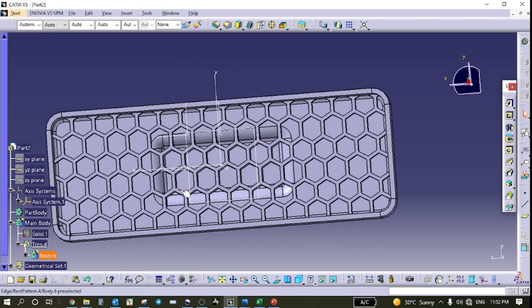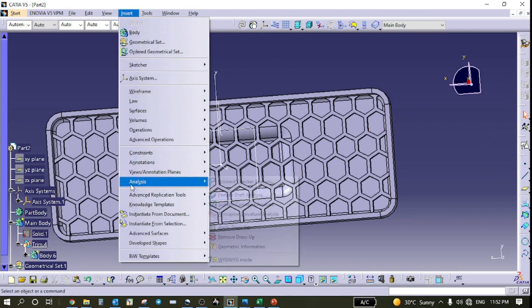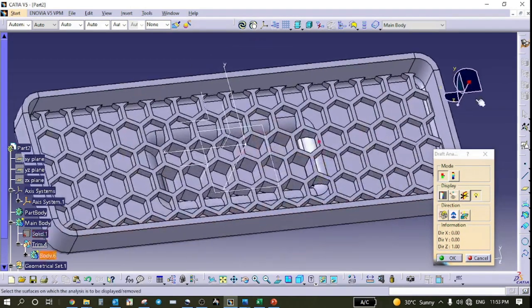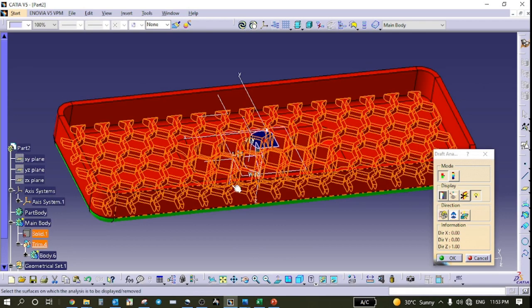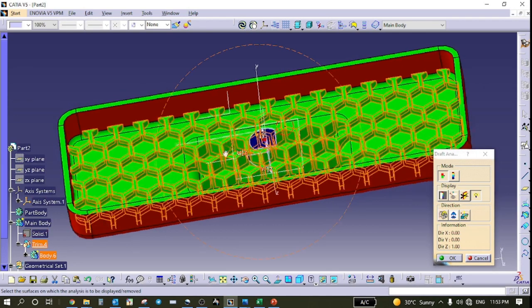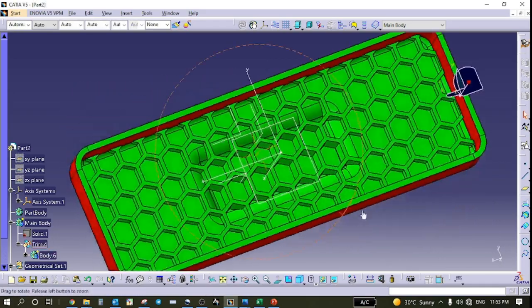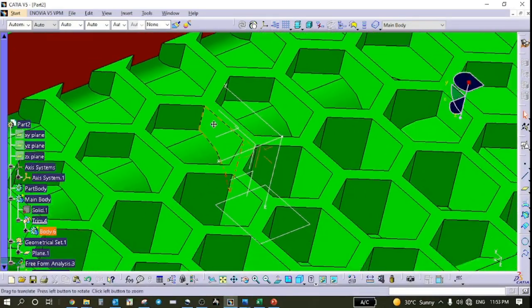Check the draft direction. Go to Generative Surface Design, then Insert, Analysis, Feature Draft Analysis. This compass, drag to the Z direction, which is considered the main tooling direction. So see here, the whole ribbing structure is clear except the walls.